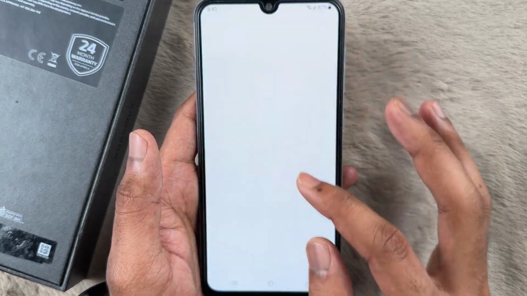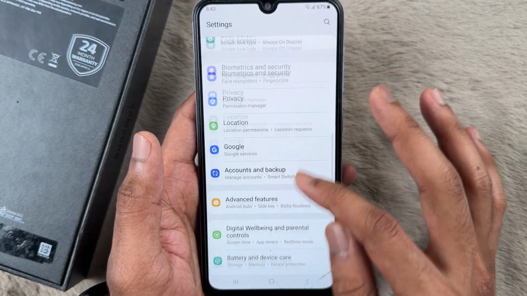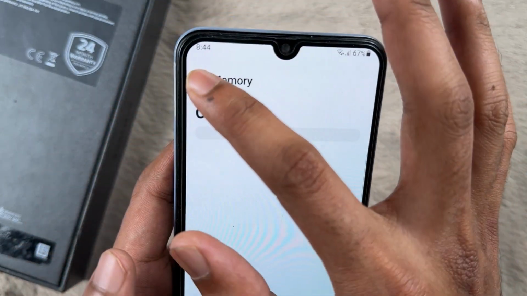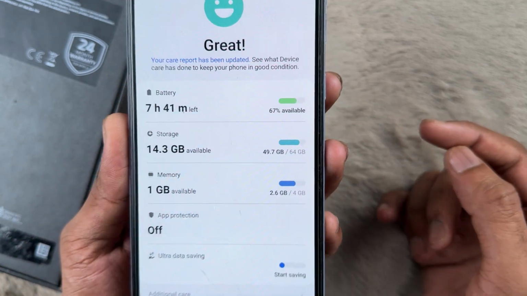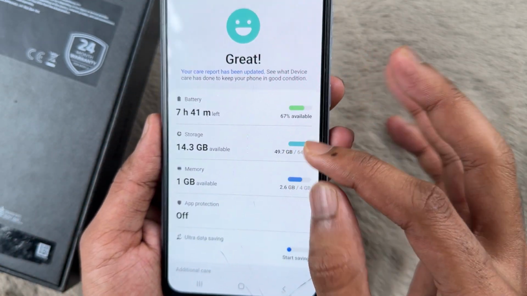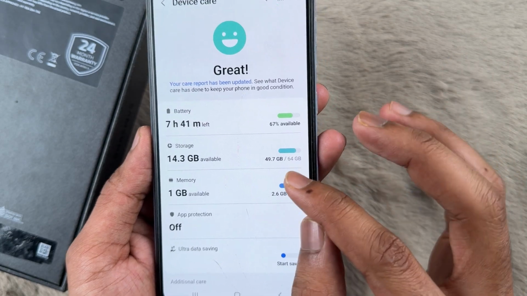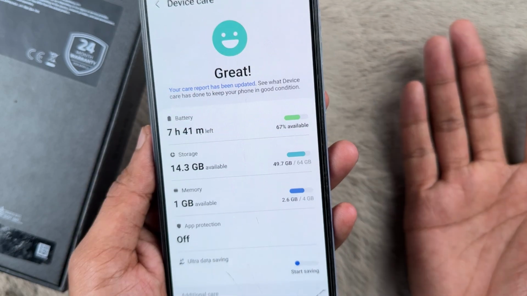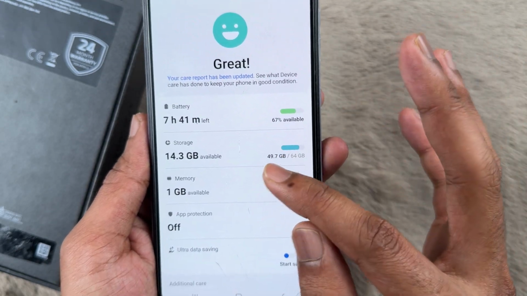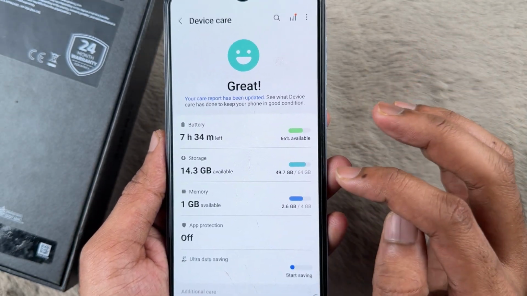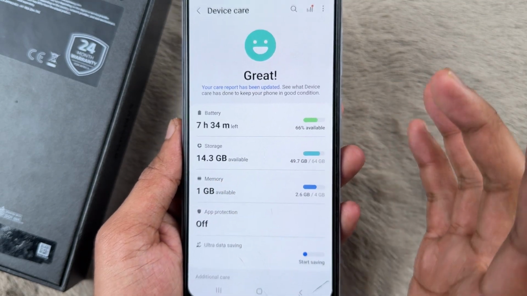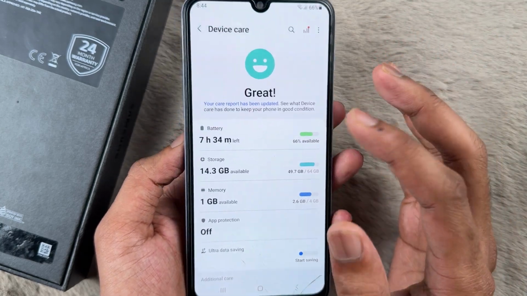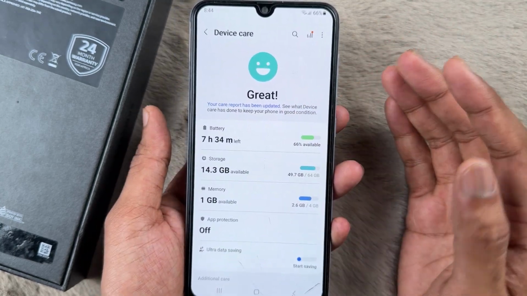Another important thing is to go to Battery and Device Care, where you will find the storage and memory options. Make sure there is enough storage available in your internal storage. Here you can see I have 64 GB storage on my Samsung Galaxy A50, where I have used 49.7 GB, and there is 14.3 GB available right now. So make sure there is enough storage available to run programs or store files,